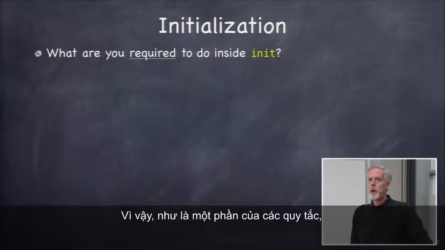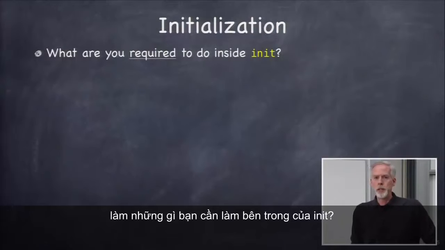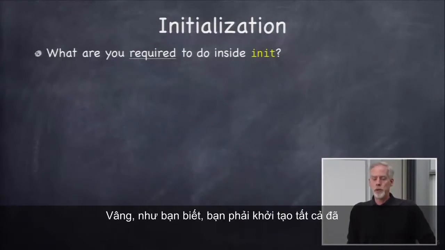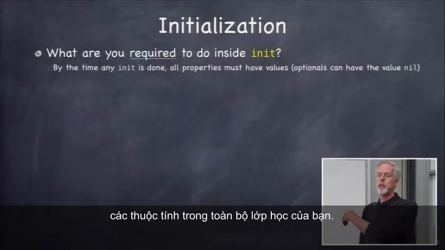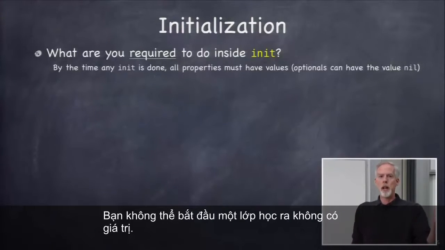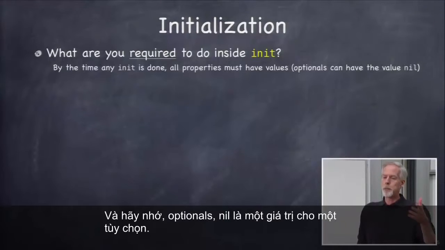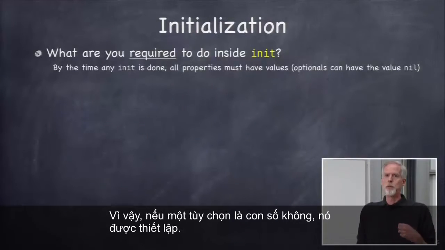All right, so as part of these rules, what are you required to do inside of init? What is mandatory for you to do? Well, as you know, you have to have initialized all the properties in your entire class. You cannot start a class off with no values. And remember, optionals, nil is a value for an optional, so if an optional is nil, it is set, so